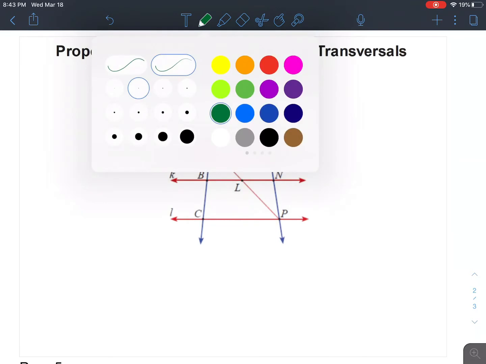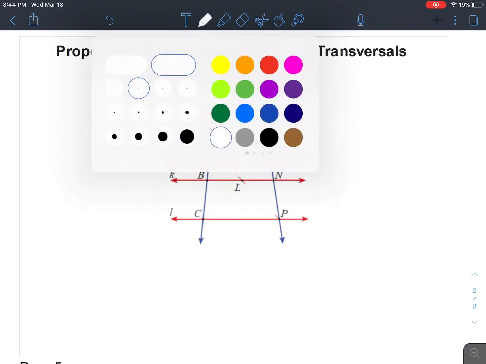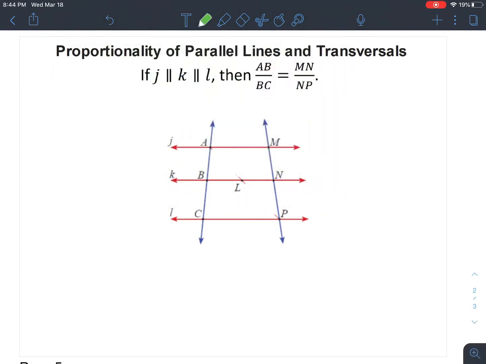Now here's another one for us. If we have 3 parallel lines, and I'm not exactly sure why we have that right there, that's not necessary for our proof. But anyway, if we have 3 parallel lines here, and then 2 transversals that are going through them, so here's the first one, here's the second one, then